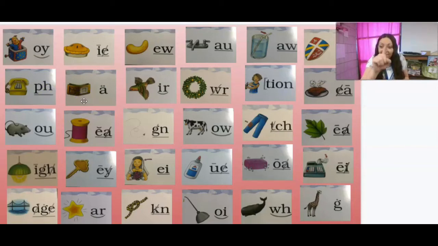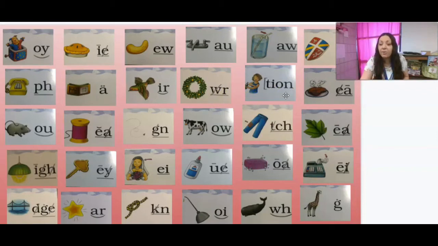Then we have A and put our two dots. Bird, combination IR, reef, ghost, digraph WR, lotion, shun,